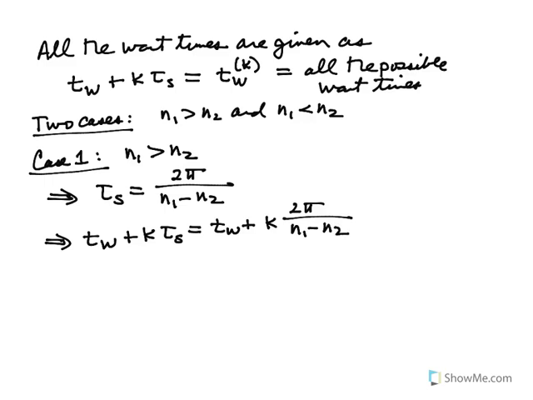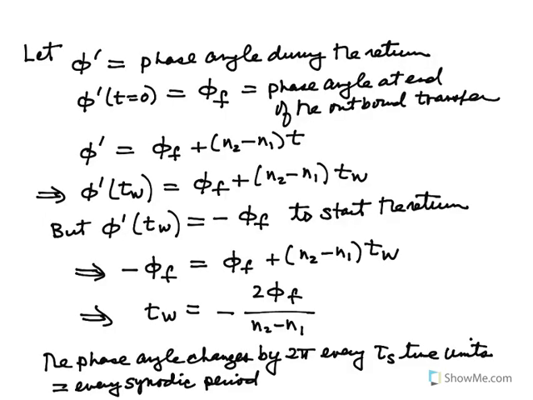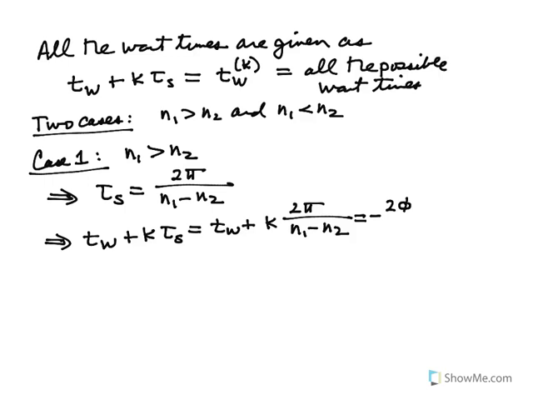But that is equal to minus 2 phi, you got to go grab this t sub w, which is minus 2 phi f all divided by n2 minus n1 plus k times 2 pi all divided by n1 minus n2,